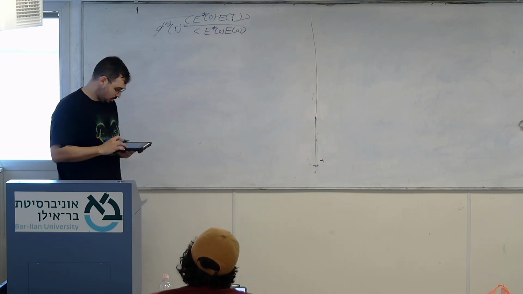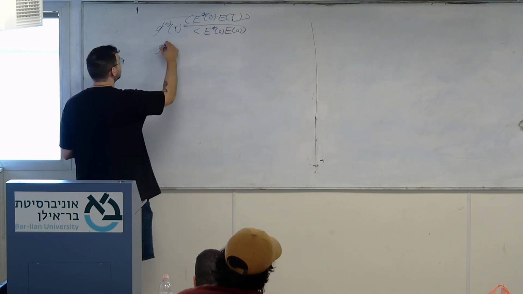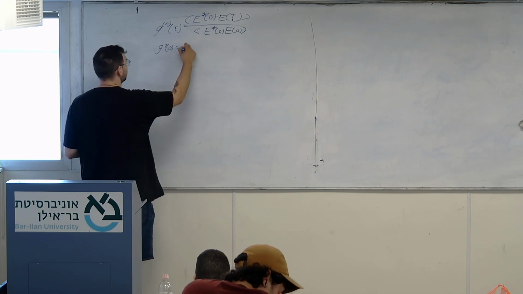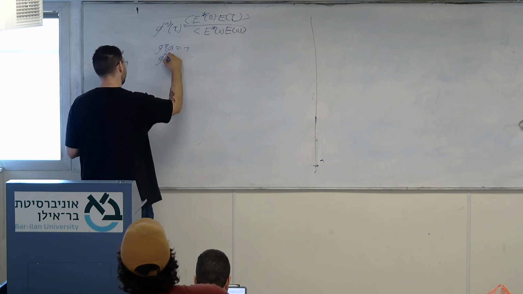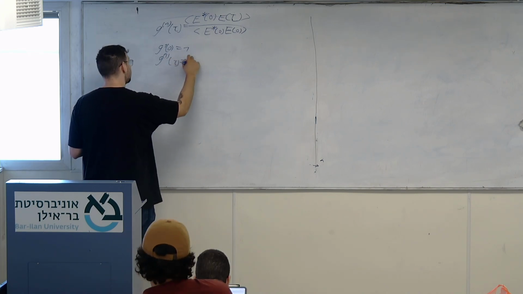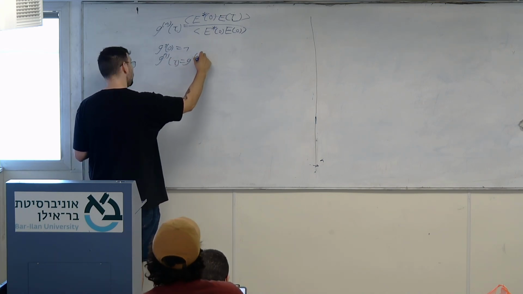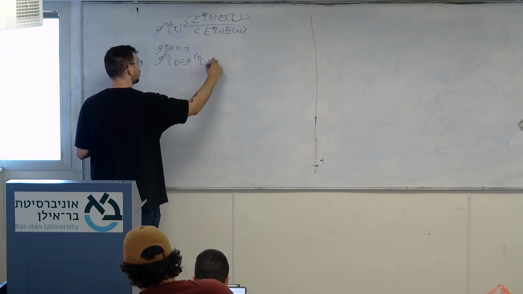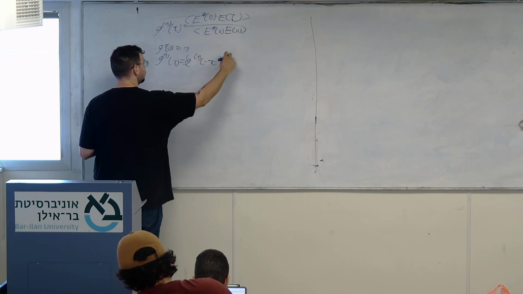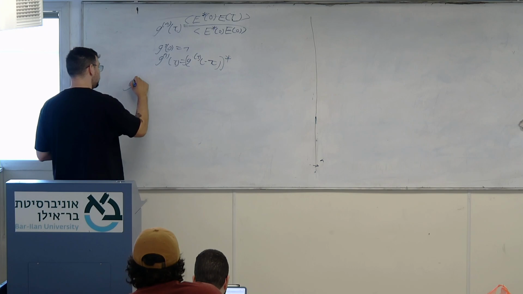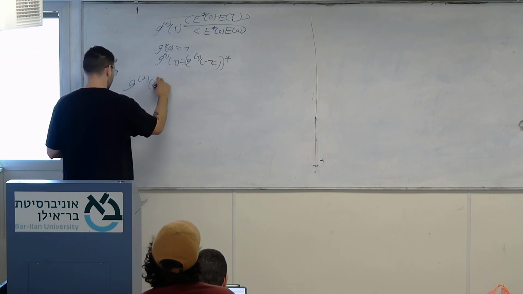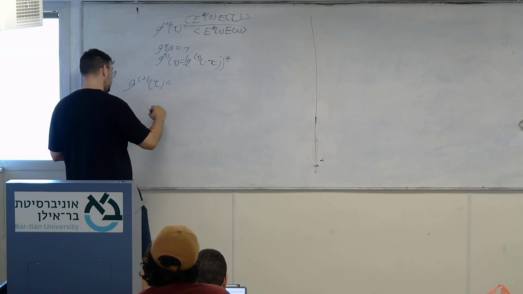Right? Well, we had some conditions: g1 of tau should be equal to g1 of minus tau conjugate, and we also had g2 of tau equal to